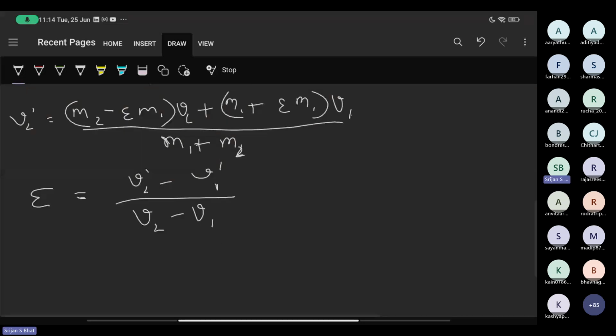So what will this coefficient of restitution be for a collision which is perfectly elastic?